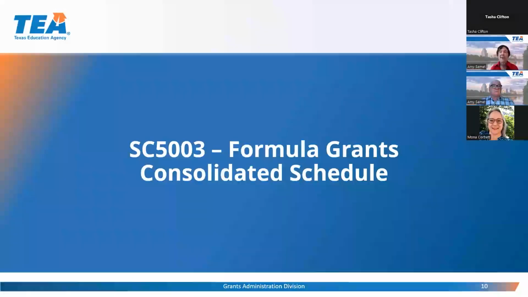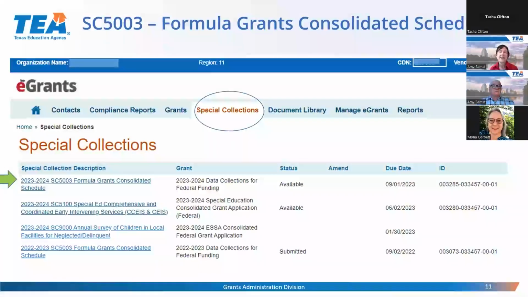We'll talk a little now about the SC 5003, which is the Formula Grants Consolidated Schedule. You will find it under the Special Collections tab on the landing page for your district. I've circled Special Collections so you know where to look for it. The SC 5003 for the 2023-24 school year is here. And then there are some other special collection forms on this page, but just know which tab to look for it on. Sometimes just the simplest thing, knowing which tab to look on, which keystroke to make, scrolling down to the bottom of the page,